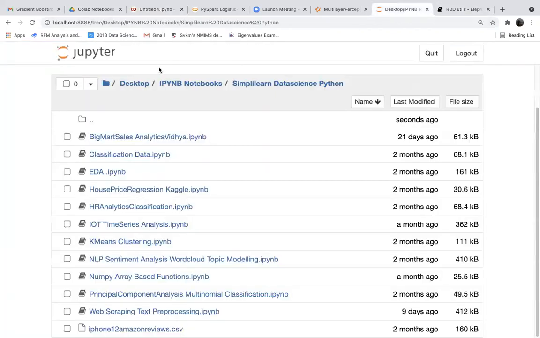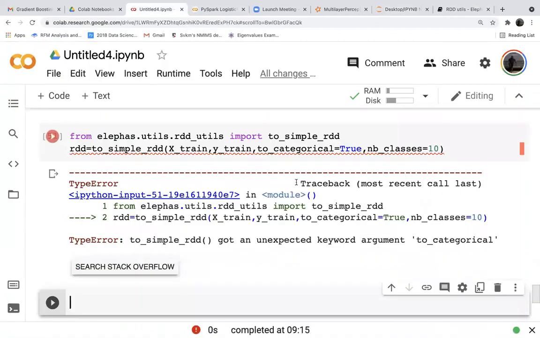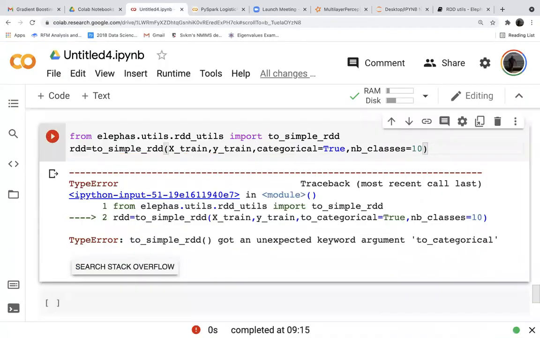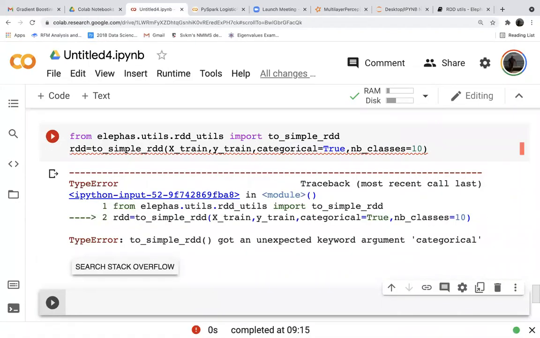So categorical, not to_categorical. Categorical. Yes, it is there.